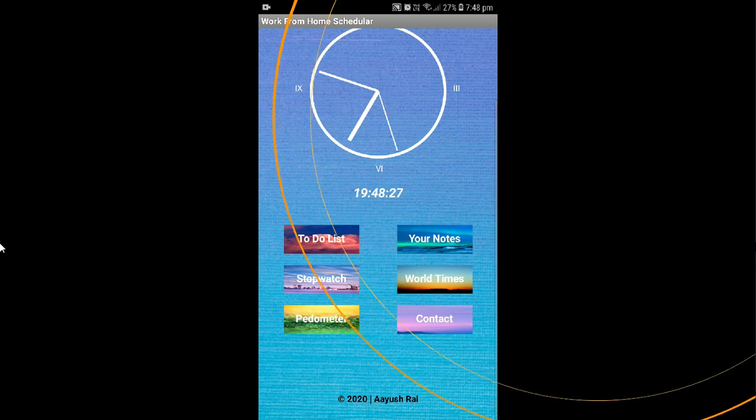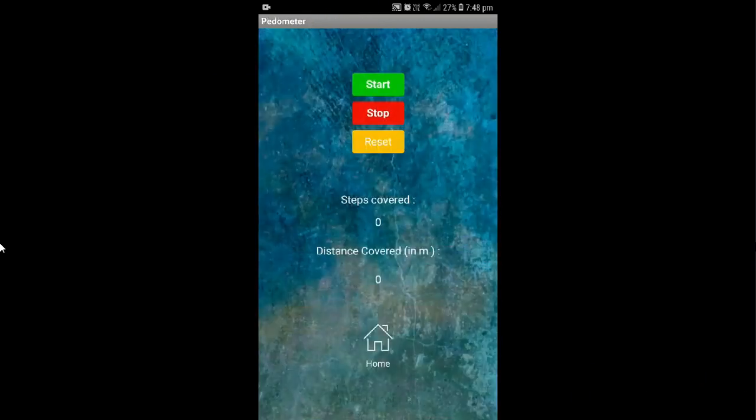Next we have a pedometer. It's not necessarily a part of a work from home app, but I've put it in for the health consciousness part. So now if I just get up and press the start button and I move, it shows my steps covered as 1 as well as my distance covered. It tells you in meters, that's 2.19. Now if I press the stop button and I still move, then it doesn't count,